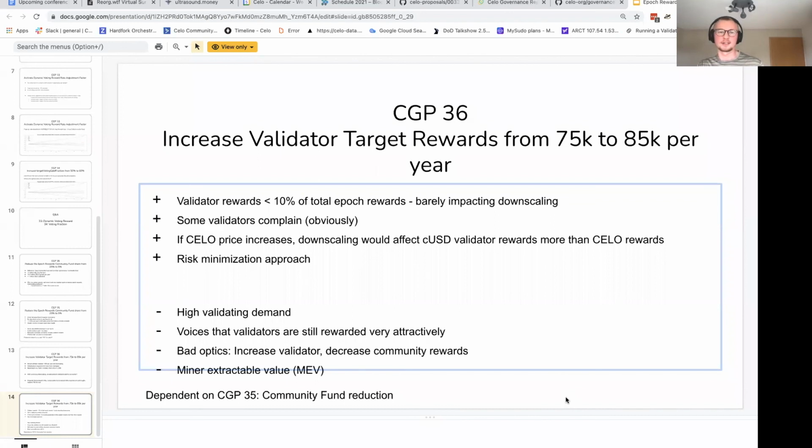I wouldn't say this is in any way a risk to the protocol, as it's less than 1% of the overall Epoch rewards. I just think it wouldn't look good if we wanted to propose some CGPs to reduce the overall Epoch rewards, and the outcome of all those CGPs is that they are increased, independent of the amount. I don't think that's good optics.